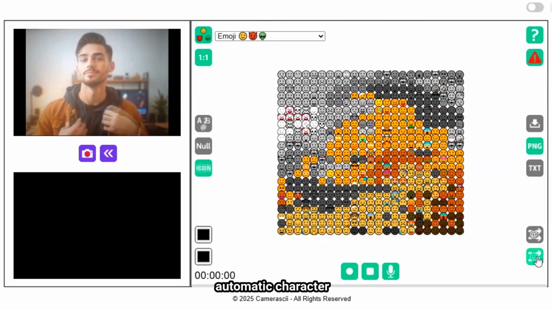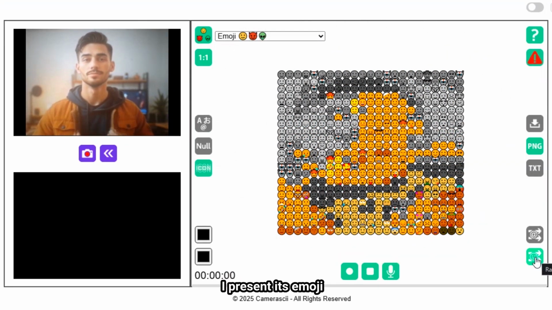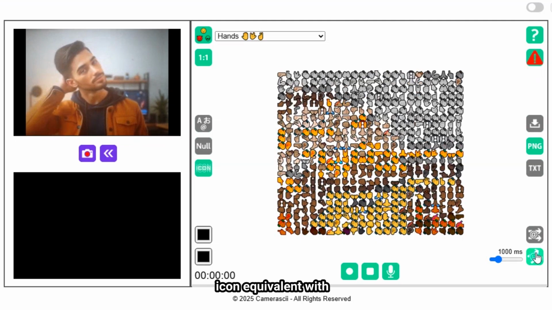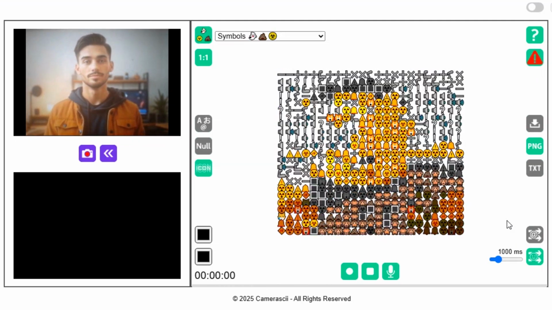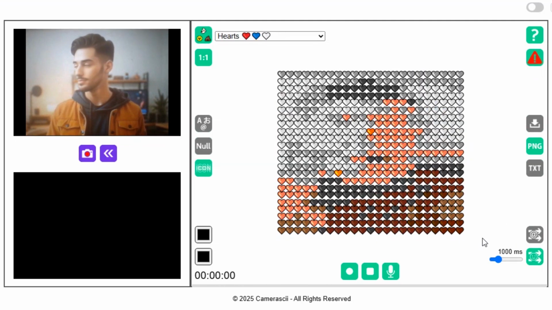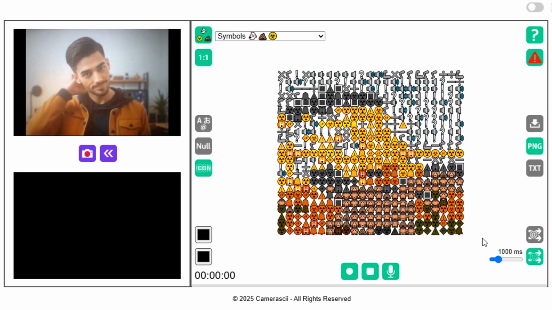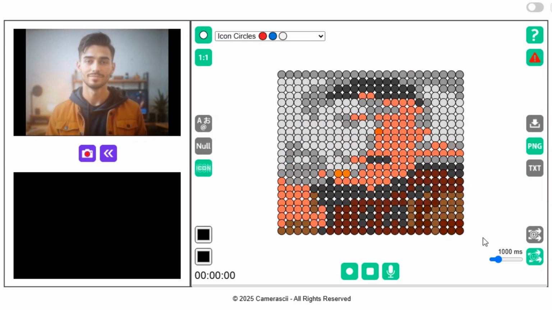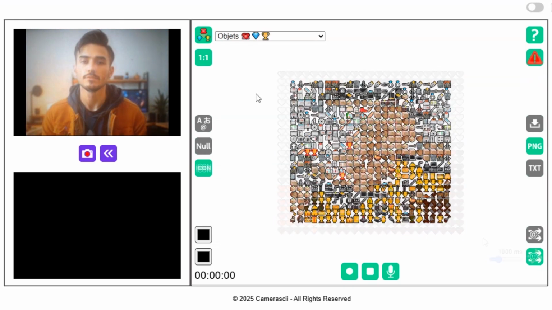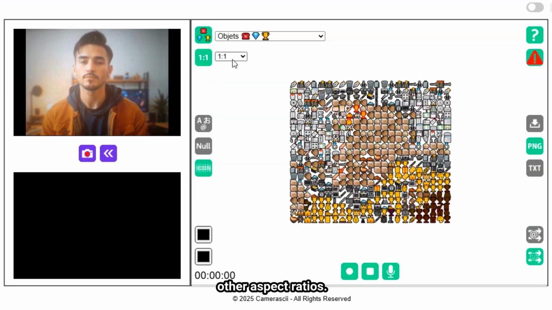Do you remember the automatic character change function? I present its emoji icon equivalent with its time calibrator. I will take a risk trying other aspect ratios.